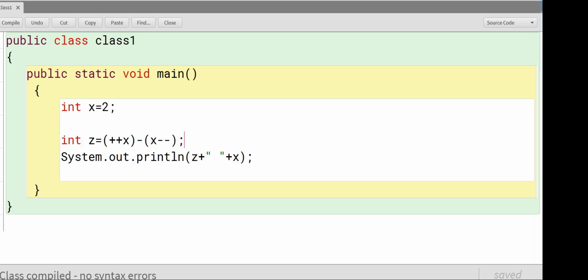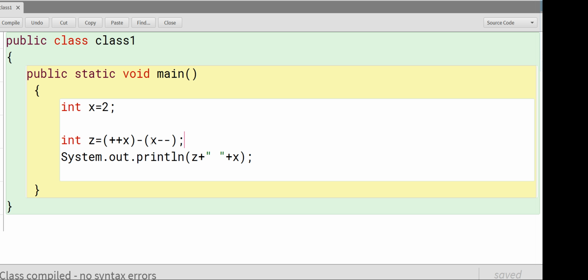So don't be confused about the use of the increment and decrement operator, and in which form the increment or decrement operator is used in solving the expression. Take care whether it is used in the postfix form or the prefix form. Remember, if it is used in the prefix form, then it will be increased first and then it will be used.